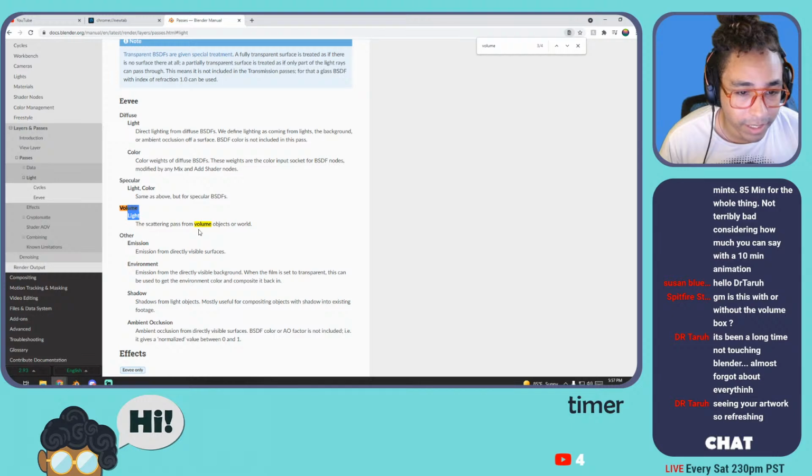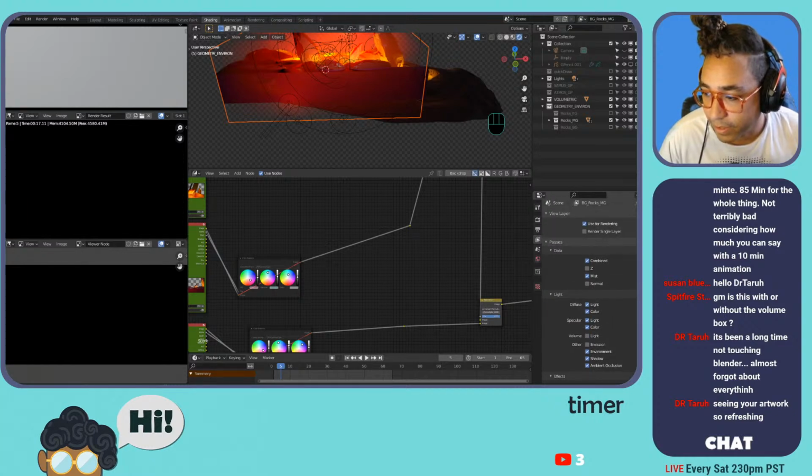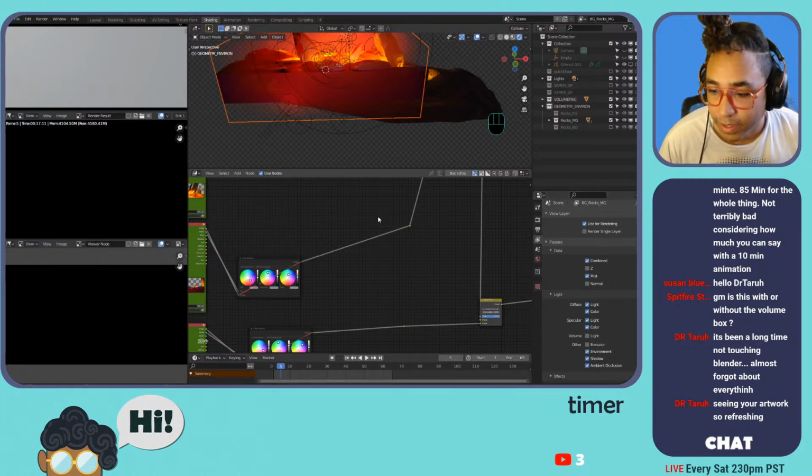Light, the scattering light that passes for the volume object or world. Am I blind? Hold on. No, I don't think it's here. Like, we're looking at it right here. Here it is. Here's our passes. We're supposedly in EV. Am I on a wrong version or something? I'm on